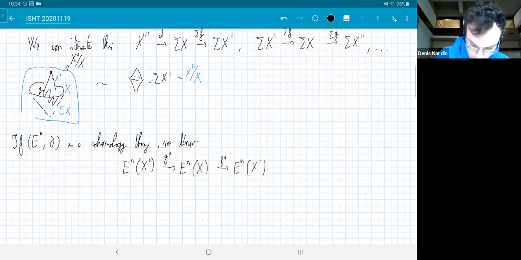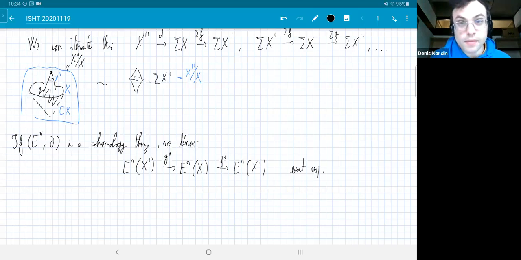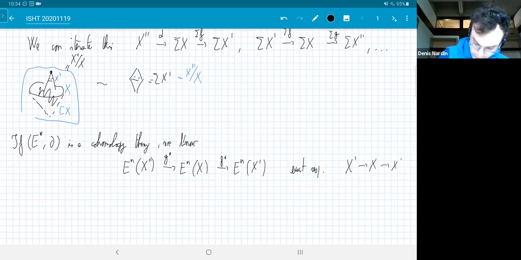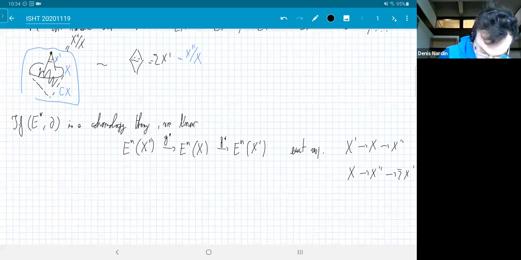Sorry, I'm doing this wrong. Okay, that's an exact sequence in the middle, but this coming from x prime goes to x double prime, but we also have this thing here, which I'm going to write like this,